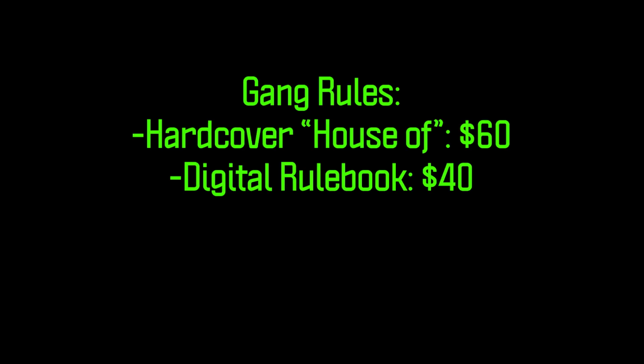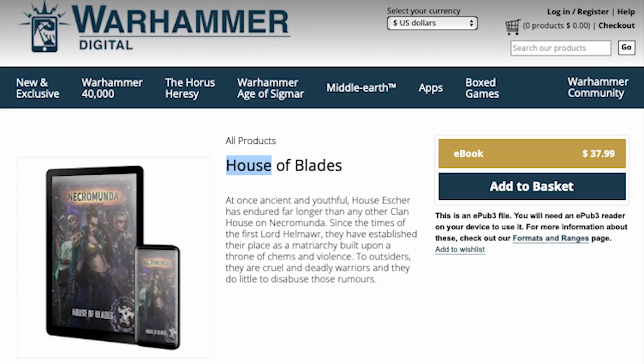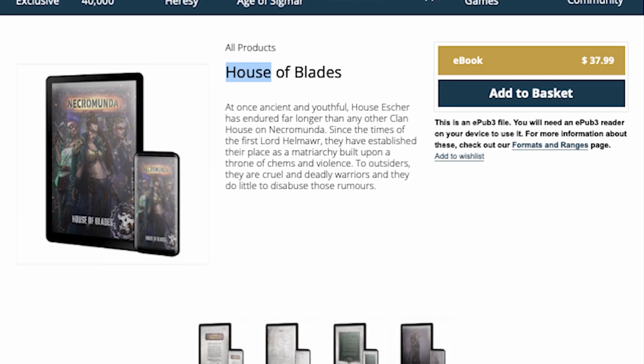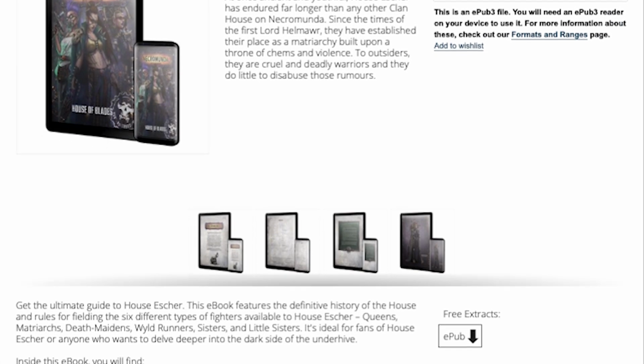And good news, the factions rules are also available digitally. Unfortunately, it's a little bit complicated to talk about which rules you need, because there are, of course, a bunch of different gangs, and they each have a different rule book that their rules are located in. But in general, you're going to spend around $40 for the digital version of those rules as well. So that means that the entry-level cost to have all the rules you need is about $80, which is not